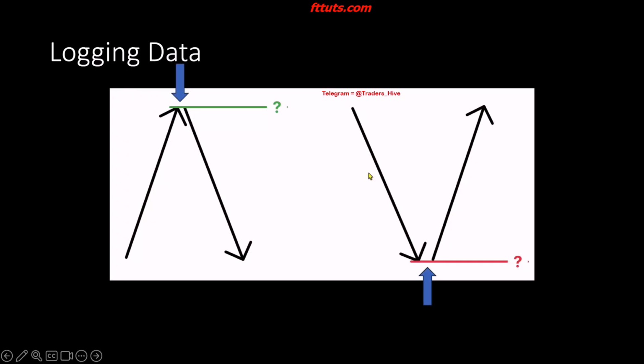We can log the exact reversal time, the exact high, for example, or the exact low. The reason why we want to be paying attention to this when logging our data is because if we get a large enough sample size, we can start noticing that reversals usually take place within certain time windows. And once we start seeing those time windows, it doesn't only give us confidence in the fact that our model will repeat, it will also give us the opportunity to say, I'm only going to look at the charts during these time windows because my data has shown to me that these are the time windows in which the chances of a reversal occurring are the highest. It makes sense then to only look at those time windows, doesn't it?